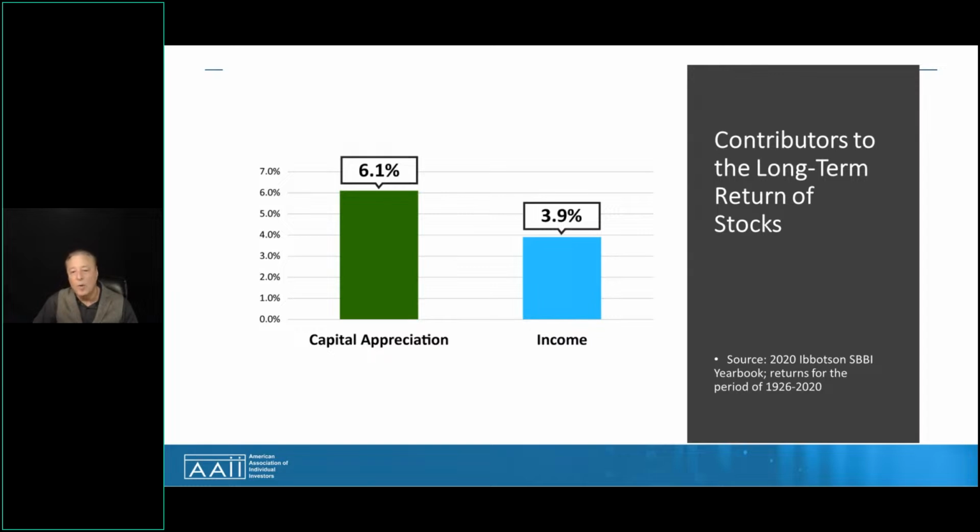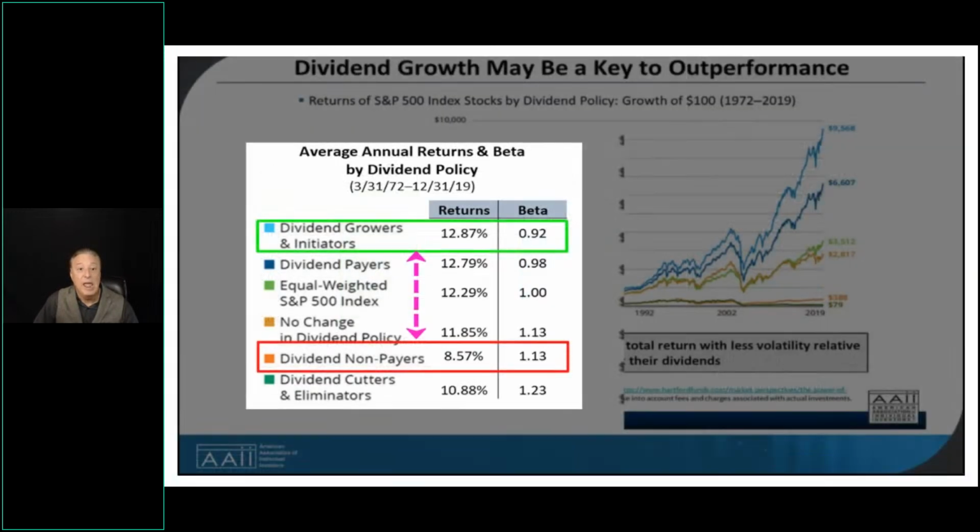Let's look at this another way, from a dividend investor's perspective. In the EI course, we have an entire class on dividend investing. And we show that 40% of the total return from stocks in the S&P 500 comes from dividends. And we also show that over a 45-year time period, dividend growers outperform non-dividend paying stocks by 4.3% a year. Good again.